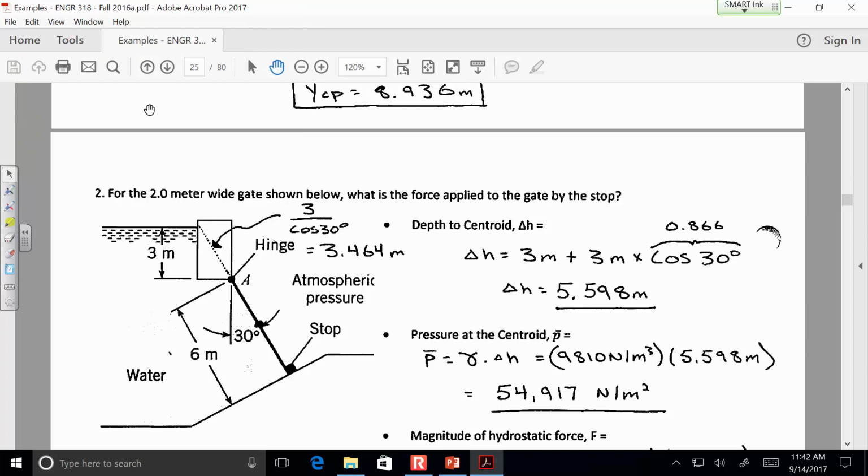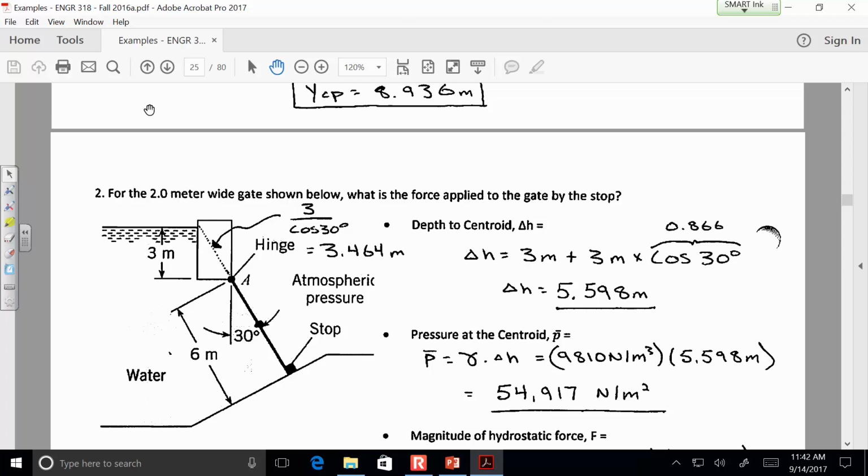Okay, so I got a good question just now as I was walking around. Someone was saying, all right, so for the triangle that takes you down to the centroid of the gate, finding the depth of the centroid, there's the 3 meters, which is the vertical component, and then that takes us from the surface to A vertically. Now we have to go down to the centroid from A. And so there was a little uncertainty on whether the vertical component would be the distance from A vertically to the centroid, or whether we would then need to make another triangle out of it at an angle that's perpendicular to the gate. But remember, it's just the vertical component of this distance that we're interested in,